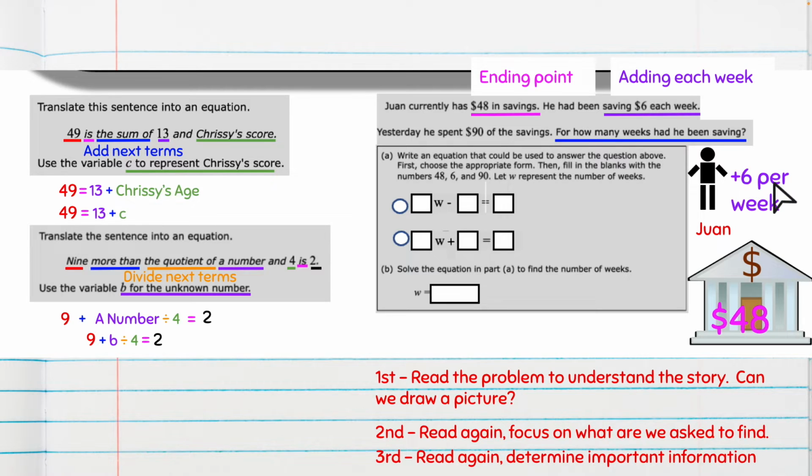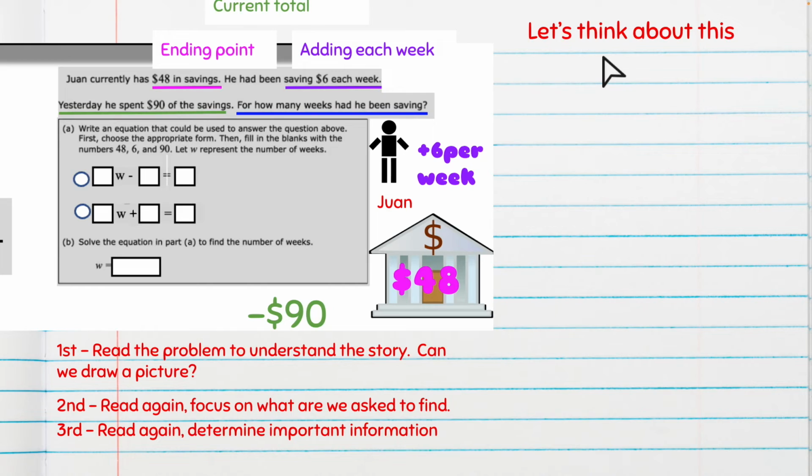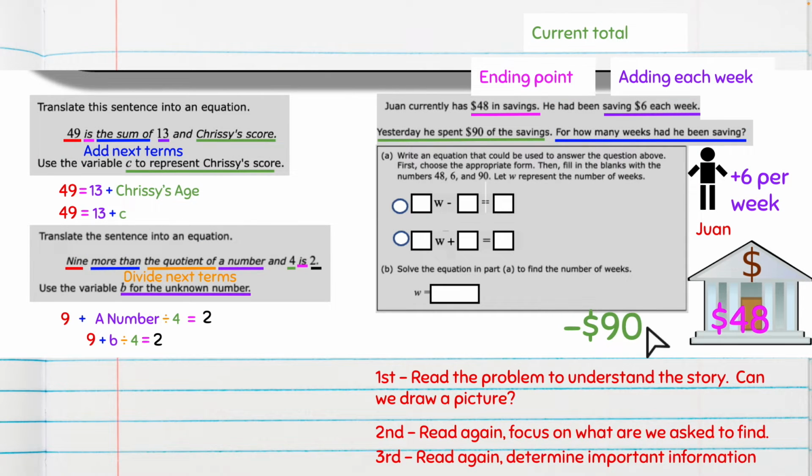Yesterday, he spent $90 of his savings. So, I don't know why that says current total. That's silly. That shouldn't be popping up there. So this down here, it shows minus 90. So ignore that current total. I need to delete that. I'm not sure why that's popping up there. So $90 spent. That's why it's negative. He's spending it. It's gone, right? So I'm just kind of throwing these numbers on here on my little picture to kind of give me an